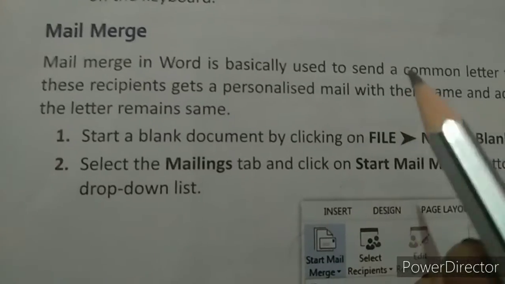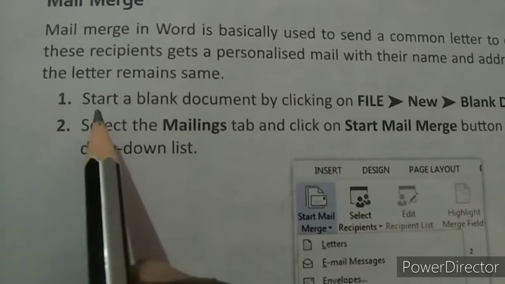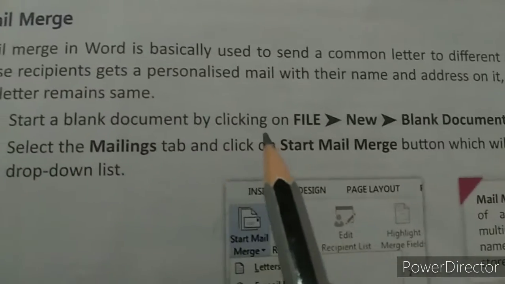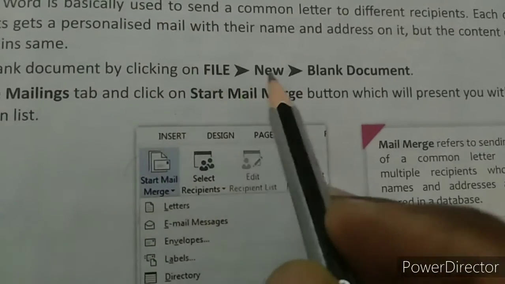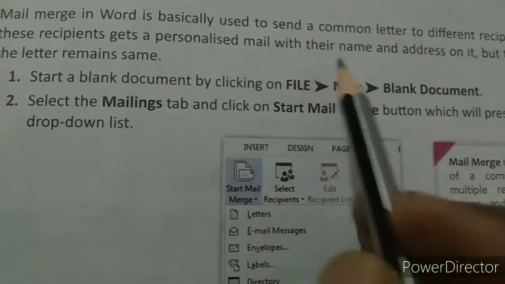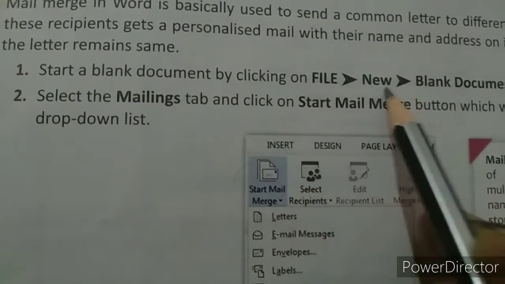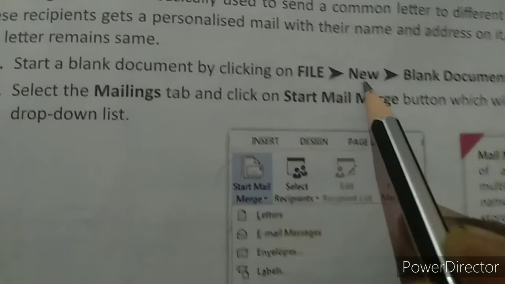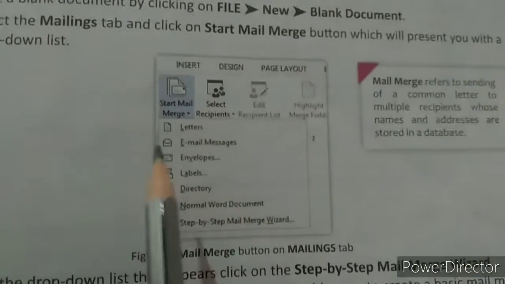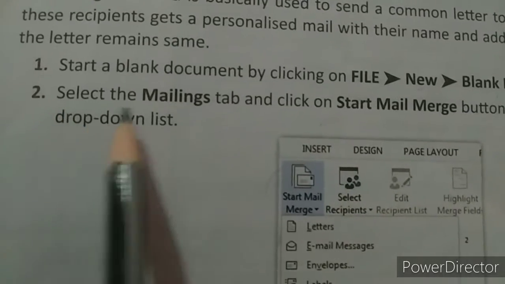So let us see how we can use the mail merge. What are the steps? Start a blank document by clicking on File, under File click New, then Blank Document. First of all, we will start a new blank document in Word. We click on the blank document, you can see here, and after that select the Mailings tab